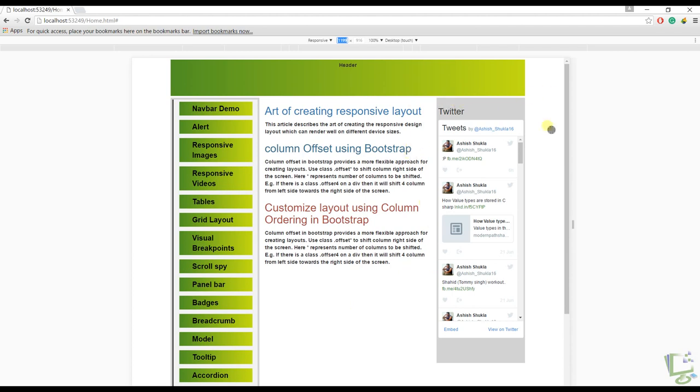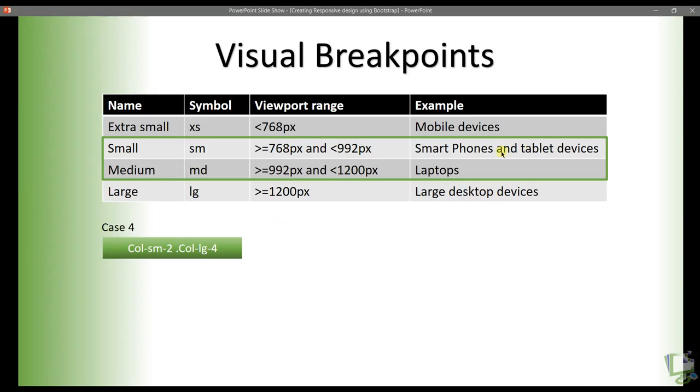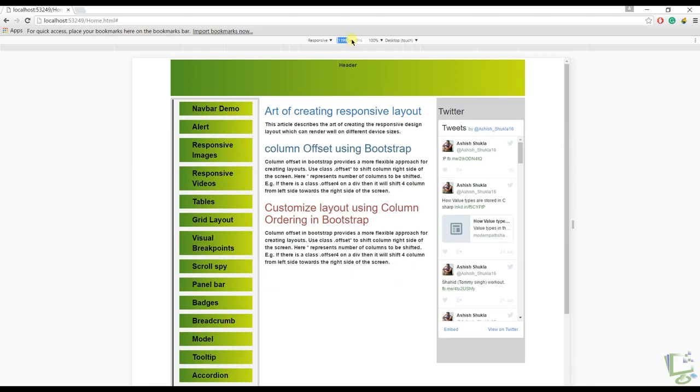Our next visual breakpoint is for small size devices. Anything less than 992 pixels and greater than 768 pixels will fall in the category of small devices. So let's set the width of the device to less than 992 pixels.